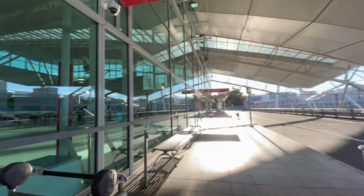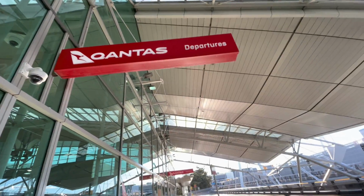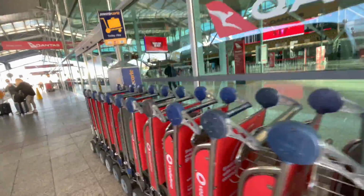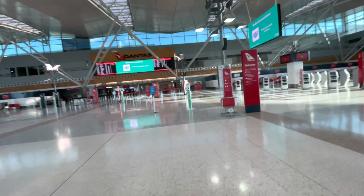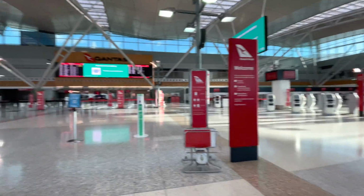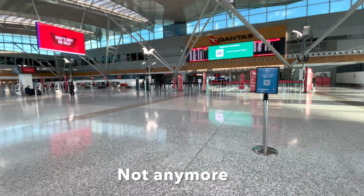Welcome to Sydney Kingsford Smith International Airport. I'm here at Terminal 3, which is the Qantas terminal. Today we'll be catching a Qantas service aboard the Q400 from here in Sydney up to Coffs Harbour in northern New South Wales. Once you enter the terminal, you have the option of a self-check-in kiosk, or like what we'll be doing today, you also can go to a desk,